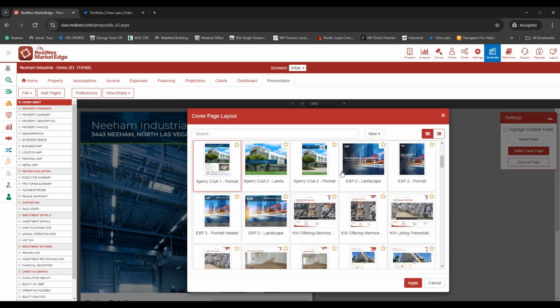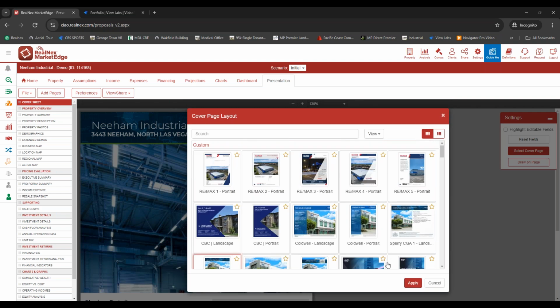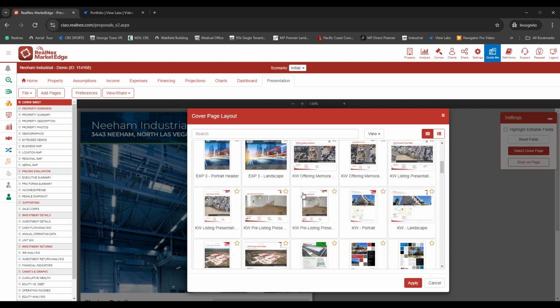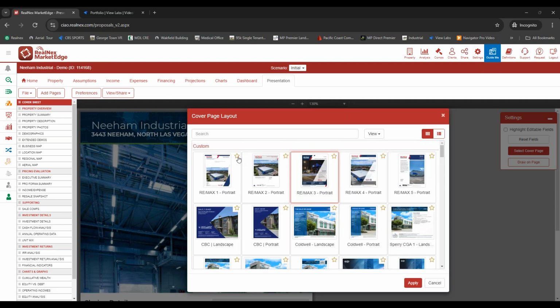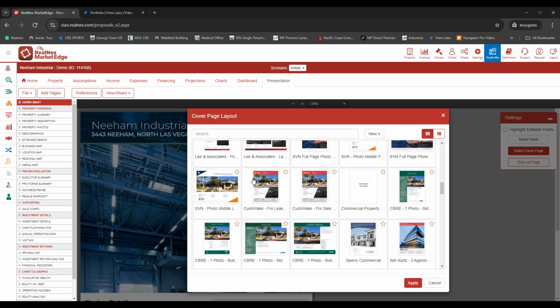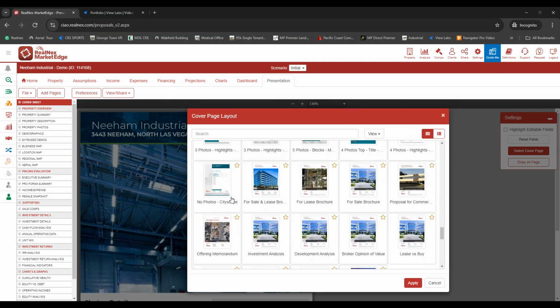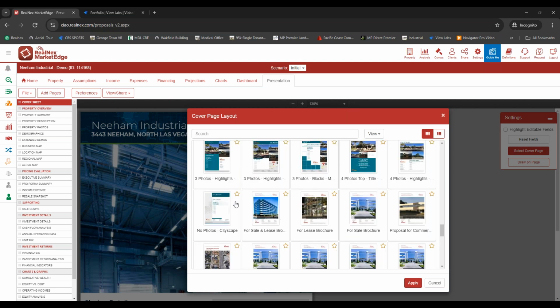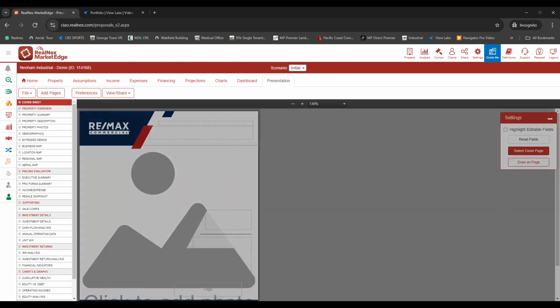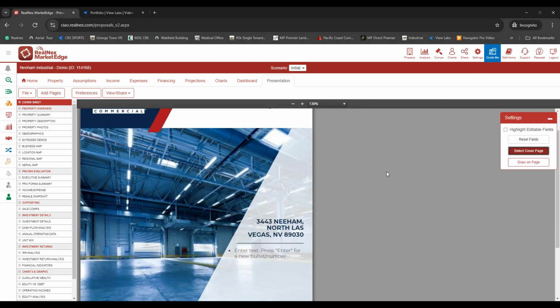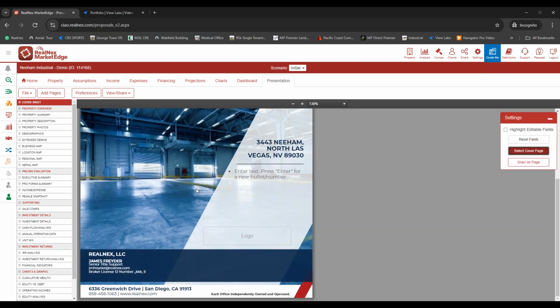I was on with somebody recently showing them how to use our program, and they were like, wow, I had no clue, because someone on their team favorited one of the custom pages, but they didn't realize that we had a whole plethora of portrait and landscape pages for them within our program that they're able to load. And you can create a ton of different pages,